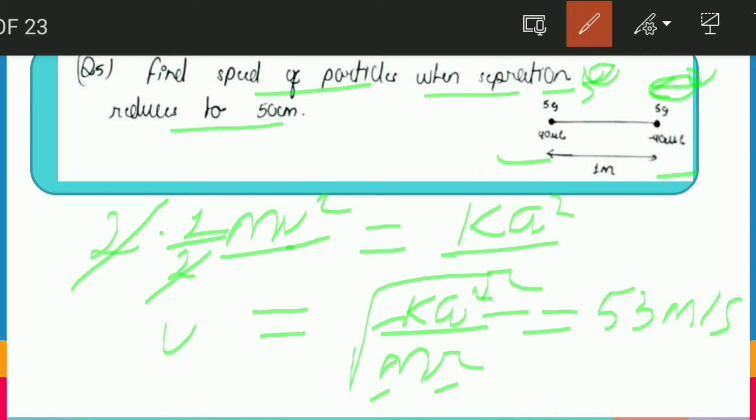So friends, I hope this question is clear to you. Actually it was based on energy conservation, and due to symmetry, we have not used one equation. You could be thinking what it was. Actually it was momentum conservation. If the masses had not been the same, then you would need momentum conservation, m1 v1 equals m2 v2, but since masses are the same, we do not need it. So friends, don't forget to use momentum conservation if the masses were not the same.